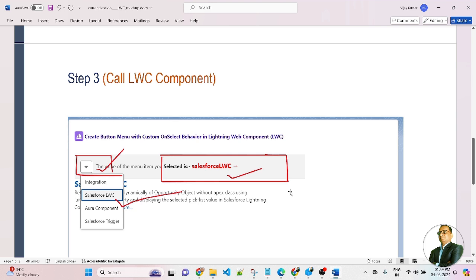So friends, here you can see I created a drop-down menu. In the LWC component, I created a drop-down on the menu bar. Once we click on the drop-down, we will get the current value of the menu bar and display it here. Also, we will display the title and description according to the selected menu. So in this lesson, we will learn how to create a drop-down menu bar, and how to get the current selected menu value and display it in the LWC component. So friends, now let me jump to my Salesforce org, where we will see the live demo scenario. So now let's get started.